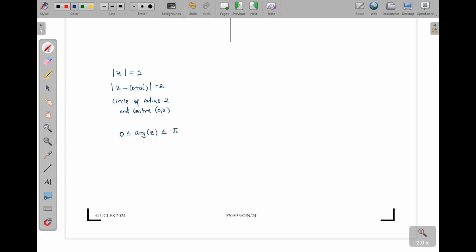Then if we have 0 less than or equal to the argument of z, then less than or equal to pi over 4, we also create a negative. It will be z minus 0 plus 0i. You see? Then less than or equal to pi over 4. So here we are going to have a half line,